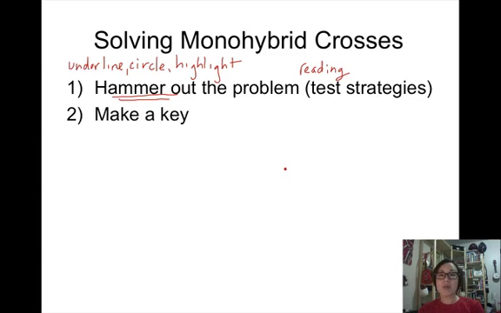The next thing that we want you to do is make a key. A key is really important here because the key will prevent confusion. So let's go ahead and write that. It's going to prevent confusion. If you think about keys that are found on graphs or that are found on maps, keys show you what things stand for. And so we want you to make a key to tell us what letters stand for what parents, what combinations of letters we might have, so that as we're starting to populate our Punnett square again,